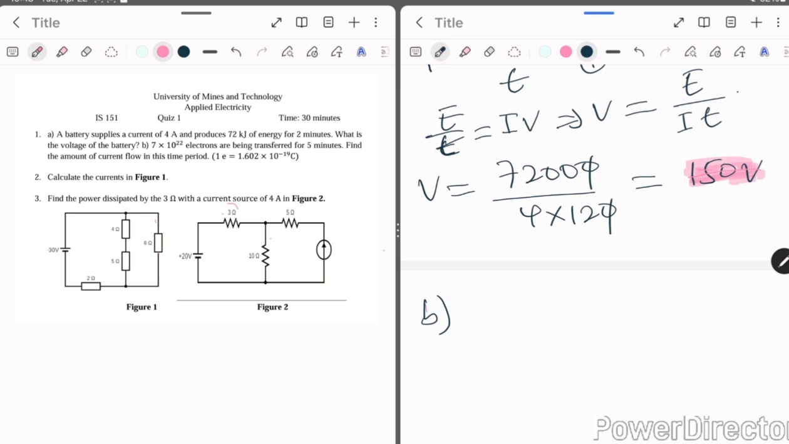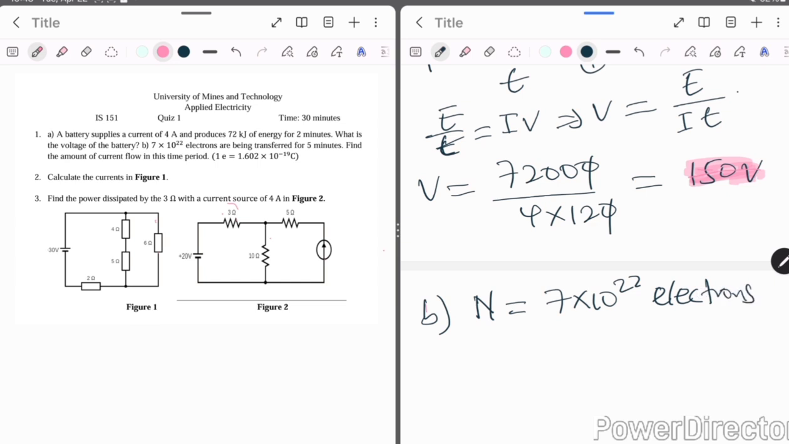7 times 10 to the power 22 electrons have been transferred for 5 minutes. Find the amount of current flow in this time period. So we start by, again, writing the values of the parameters we are given. You can see that we are given the number of electrons. So I can write n to be equal to 7 times 10 to the power 22 electrons,